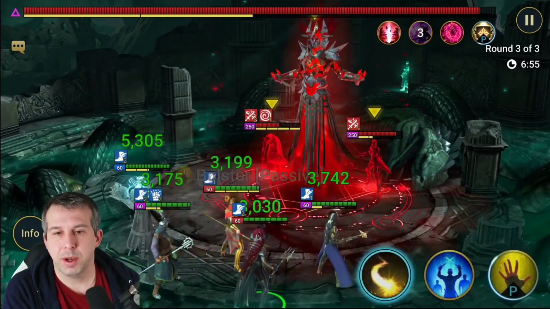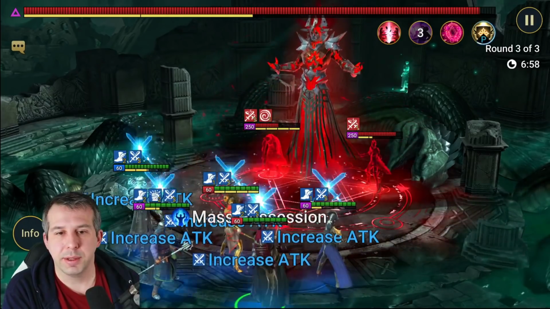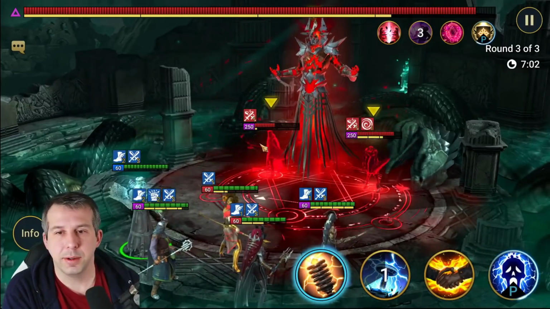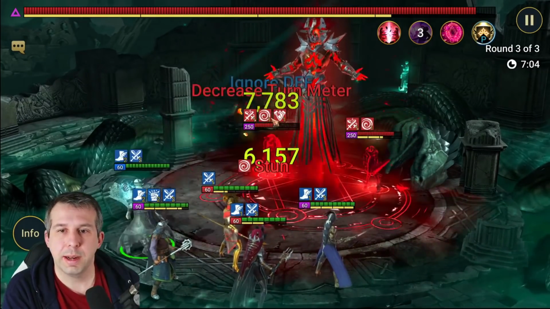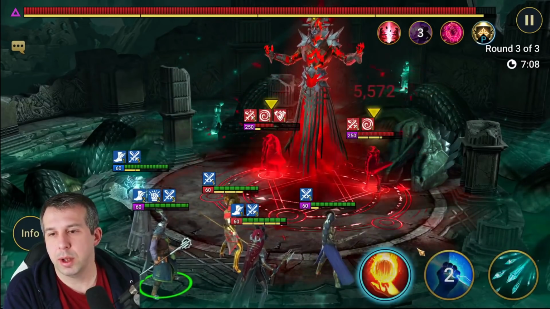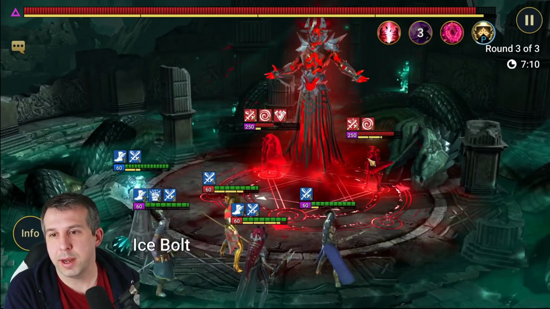See, we're just working our way through. Get our increased attack up now. Double hit. Oh no, single hit, sorry. Try and land another stun, we got it. So we can focus here now because he's got longer to go. We're going to go A3 again and